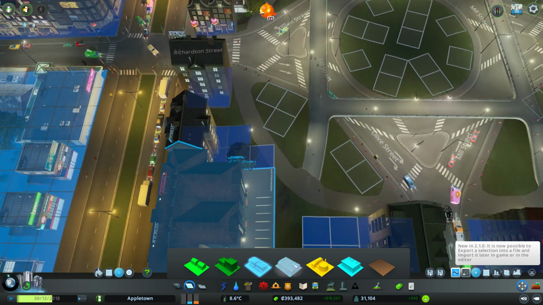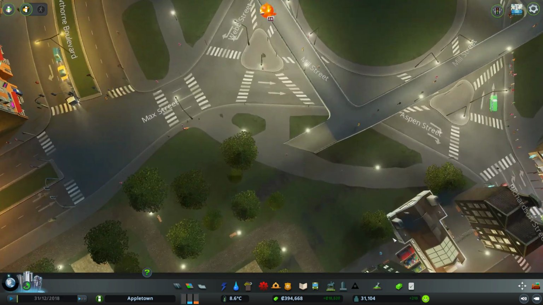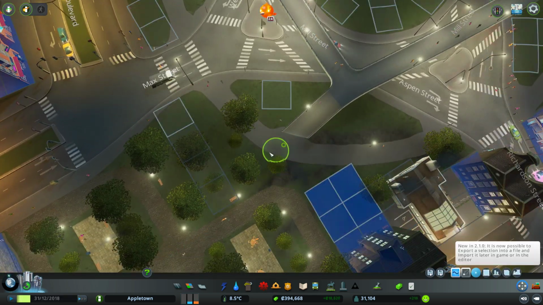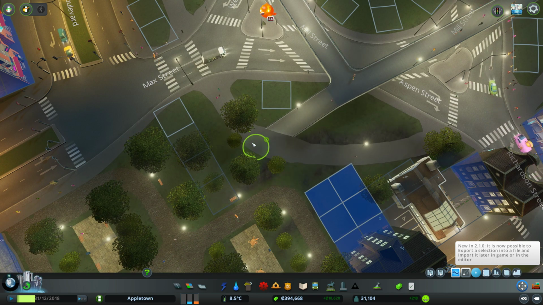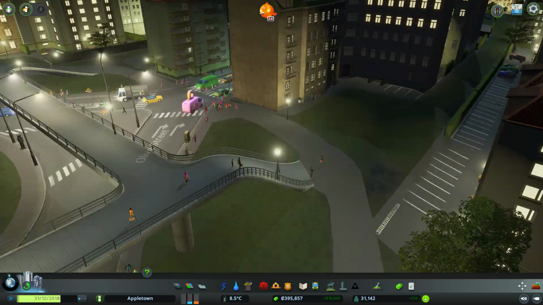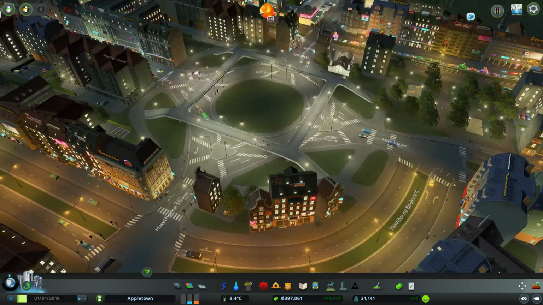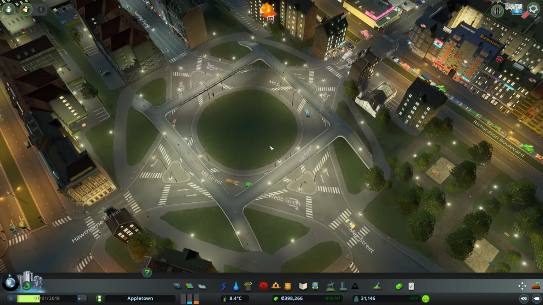Okay. And then the last one here. Now we're just double checking that these pathways, these walkways look okay. Yeah, they look fine. So now what we need to do, now that we have the roundabout,